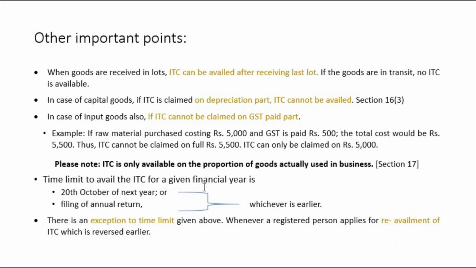So any transaction you do in that financial year, right, you will have some invoices, right? And for that invoice, you will get the ITC only till September. You have a 6 months time limit. So count 6 months from March, right? April, May, June, July, August and September. So these are the 6 months, and for the month of September, what is the time limit? It is the 20th of October. Then 20th of the next month will be the time limit, and that is how we have got this 20th of October of next year, or filing of annual return.